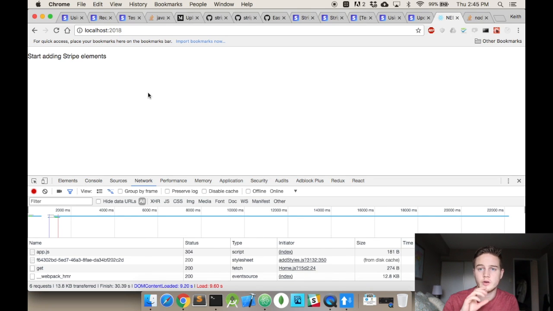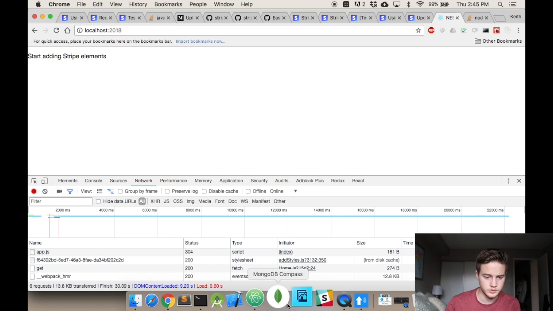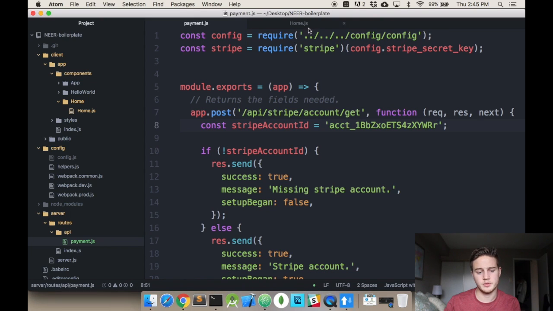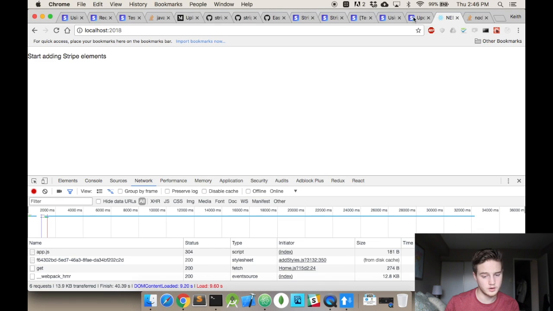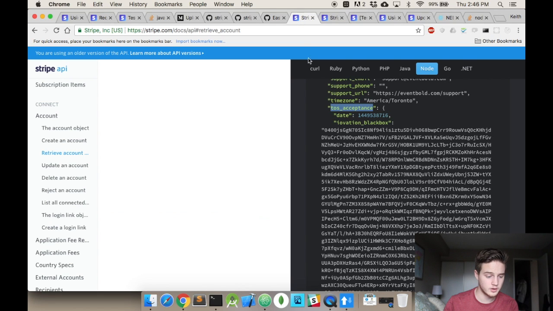Okay, so in this part I'm gonna show you how to get the fields needed. This is going to happen on the back end, then we're going to actually handle it on the front end. It'll be two different steps. So the first one is just click and open. I have a lot of tabs open, I apologize for that. You want to go to the full Stripe API docs,